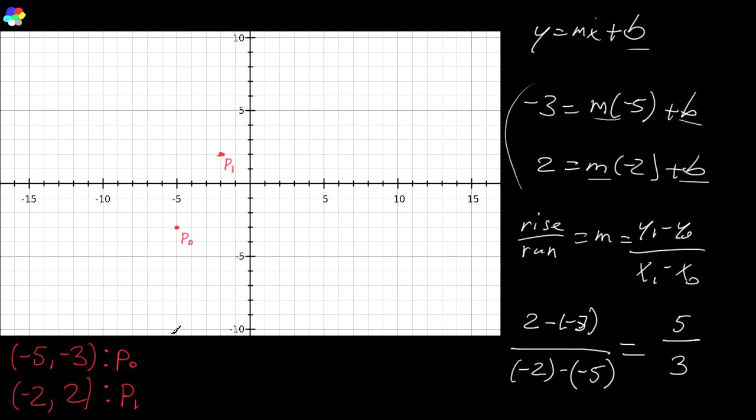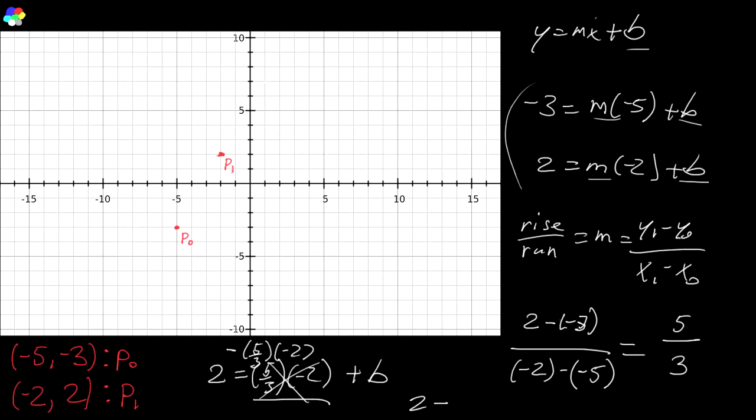So how does that work? Well, let's choose a point. Doesn't matter which one. Let's choose P1. So y2 is equal to m, 5 over 3, times x, which is negative 2, plus b. So then all we got to do is a little bit of math. We subtract this quantity from both sides. This cancels out. So we just got to subtract. The final thing is b is equal to 2 minus 5 over 3 times negative 2, which is equal to